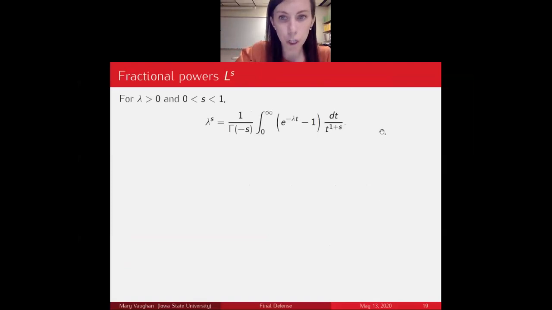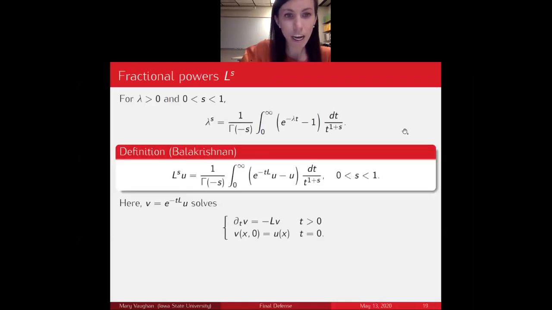The motivation, one of the motivators, is this formula here. So for any lambda bigger than 0 and s between 0 and 1, you can write lambda to the s in terms of this integral that comes from the gamma function. So here I have 1 over gamma minus s. Now, using the definition of Balakrishnan for